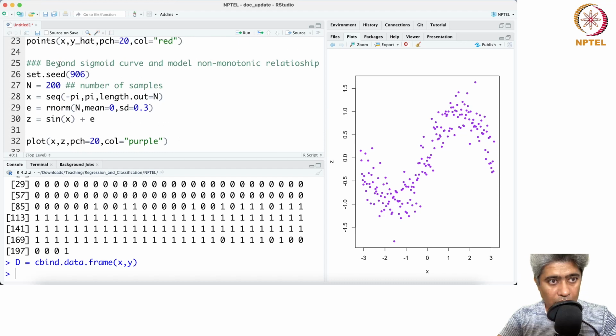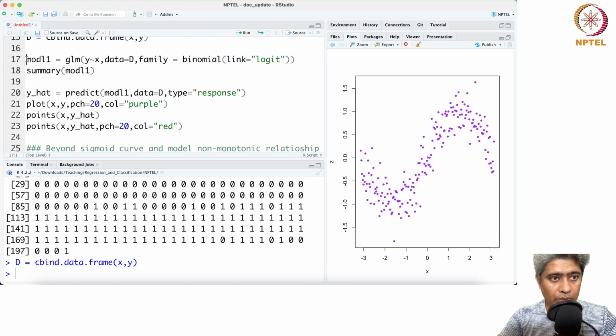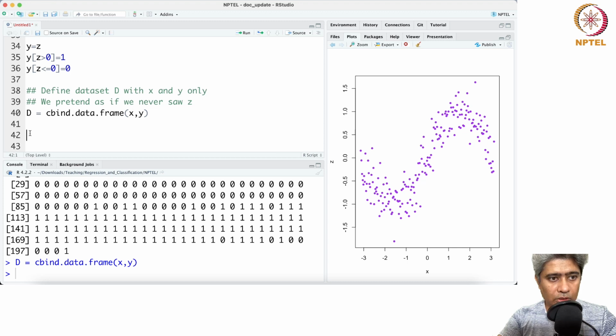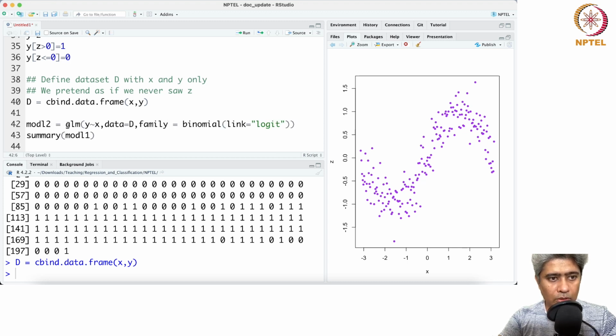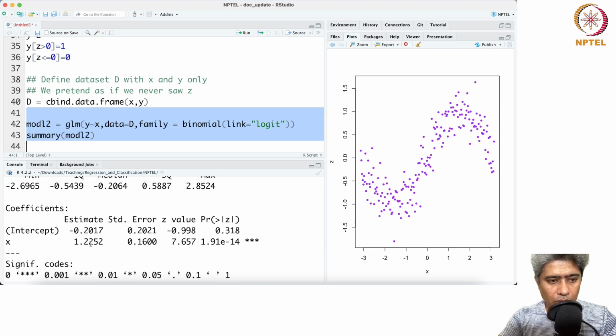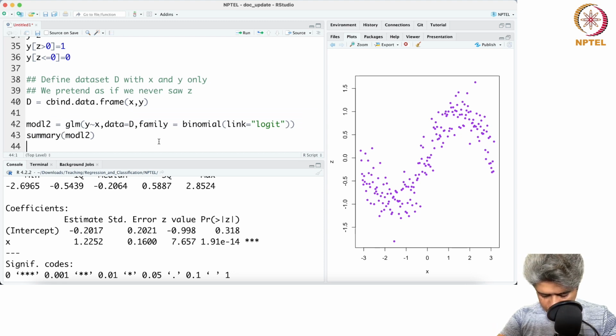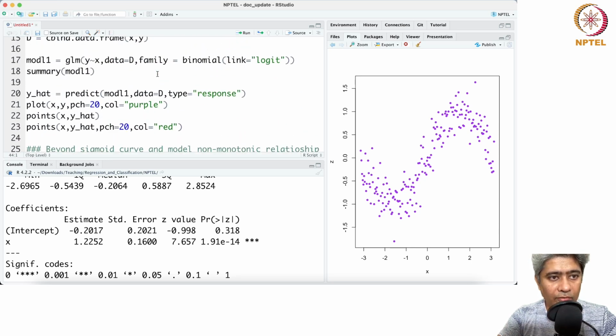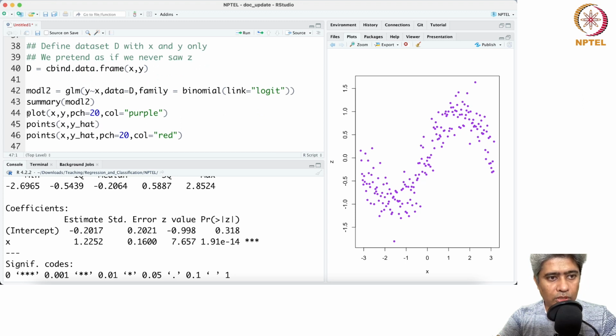Let's try to model, make the second model. If I make the second model, now you see in the second model also the x is statistically significant, so that means we are in a good shape. And if we want to plot this,